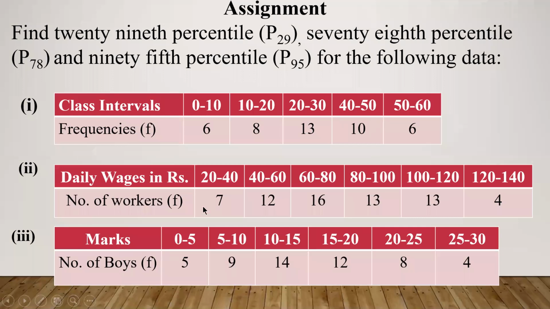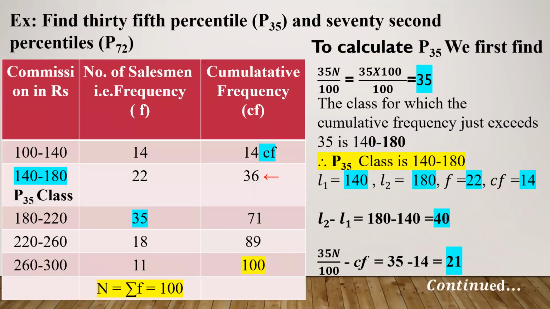Okay. Now see, I have not taken the discrete type of case here. Why have I not taken it? Because the method will be the same. In the discrete type case, you will be given the actual value, right? So you will be getting the answer directly. You need not apply the formula. So the method is same. You will find out n, you will find out the required percentile position, n by 100 times the percentile asked to you. Then you will look at the cumulative frequency column where the cumulative frequency exceeds that number, and their exact value will be given. So you will get the answer. Okay. So I have not given it here because the method is same.